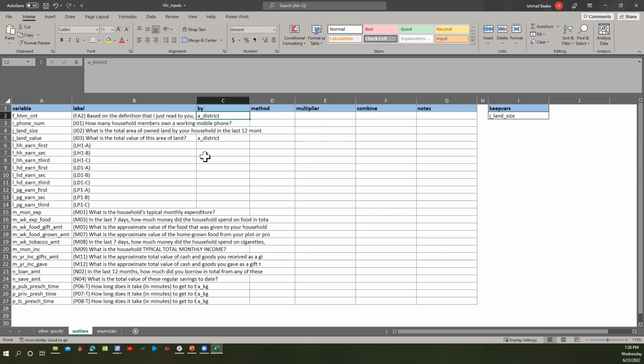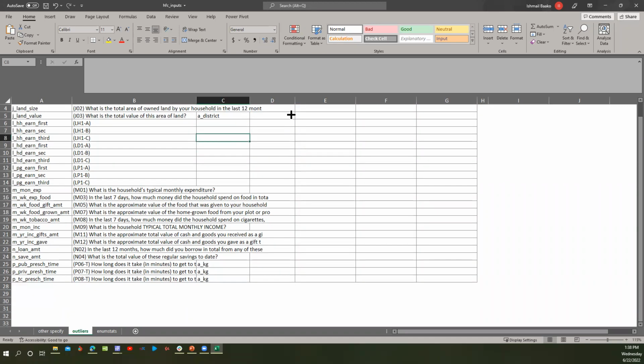So in this case, it would calculate the interquartile range or standard deviation or whatever it is for just that district, and then use that to flag outliers. So that's basically what by is for.